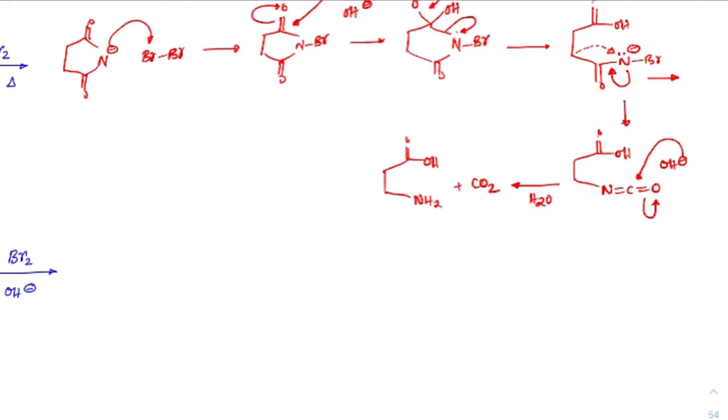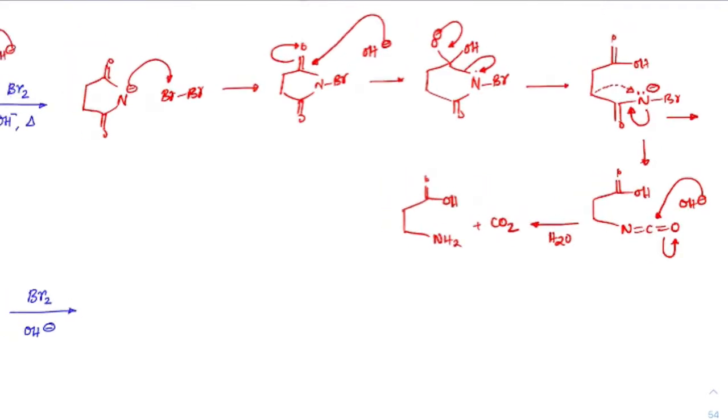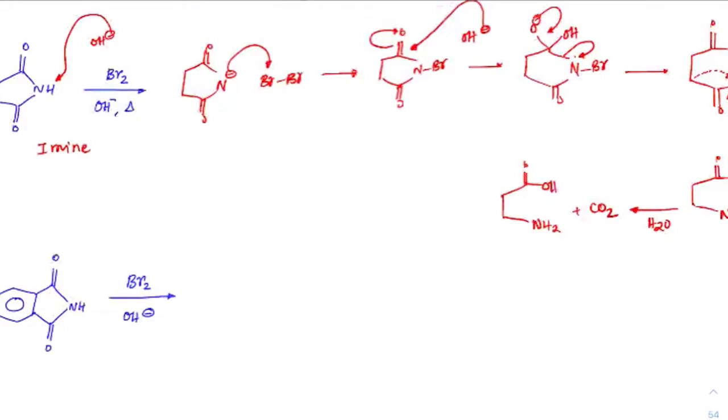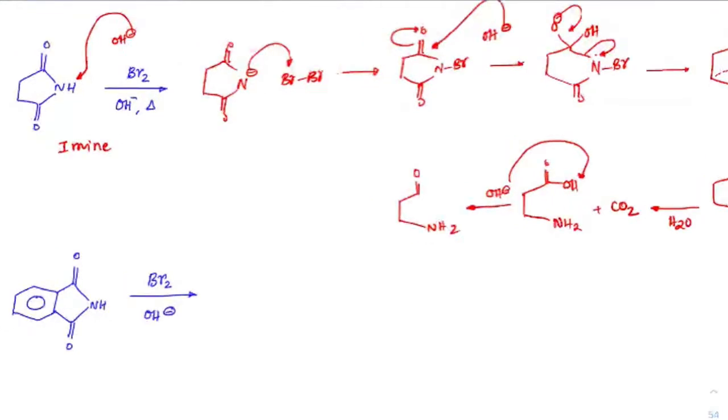Again, we don't have to write the mechanism of isocyanate. Right. So the final product which you will have, because this is in basic medium, OH minus will take away the proton from the acid. So finally we will have NH2 here. So this will be the final product. Okay. So from 4 carbons, 1, 2, 3, 4, it has reduced to 3 carbons, and it has become an amine group. Okay. So it is an amino, sorry, amino C double bond O minus, this one, carboxylate.